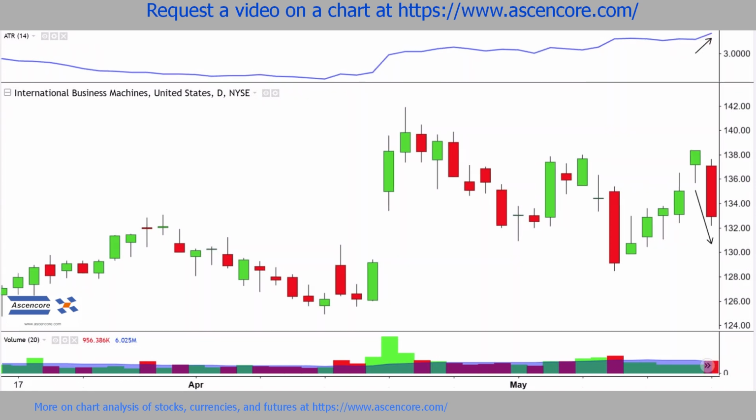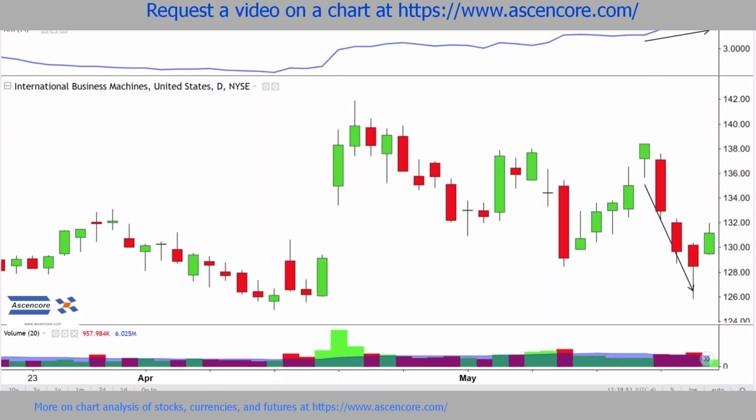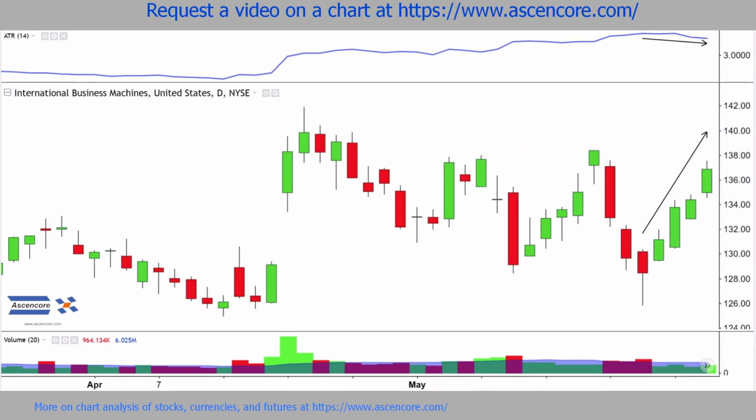And although some of these recent red candles have been quite large in relation to the candles around them, looking at the ATR from the time span of at least 1 month, we can see it continues to be quite flat with only a gradual rise, despite some of these more moderate-sized drops into May. Then as time goes on and persisting support keeps price up around the 130 area near the gap fill region,